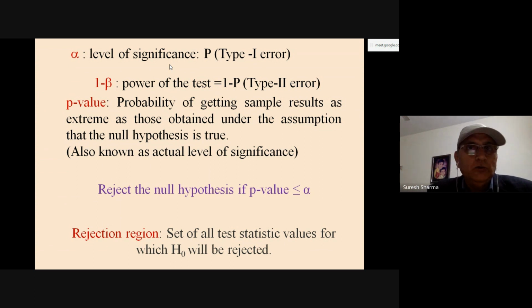Sometimes you can afford 5%. For example, in a general manufacturing process, if out of 100 shirts I am buying, maybe 2-3 pieces are bad, I can still accept that lot. But